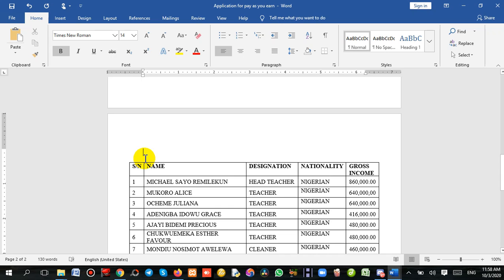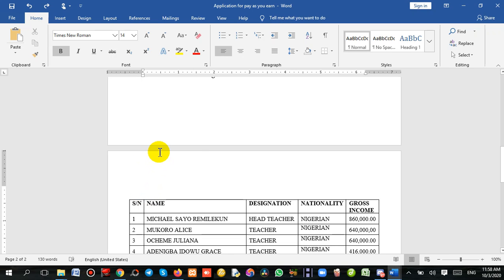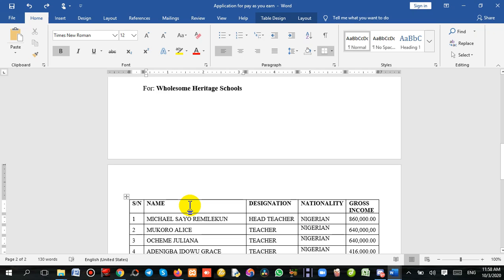But let me just return back and show you the second method. Let me Ctrl Z. We are back to the way it was initially. Now let me show you the second method. The second method is to drag this table a bit down,